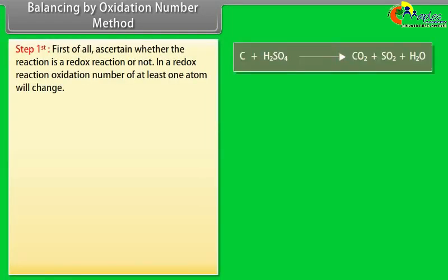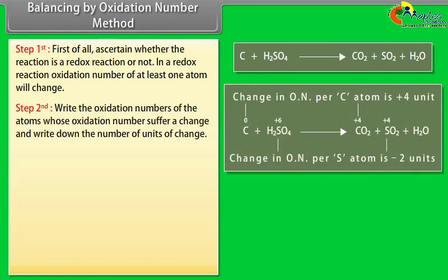Balancing by oxidation number method. Step first. First of all, ascertain whether the reaction is a redox reaction or not. In a redox reaction, the oxidation number of at least one atom will change. Step second. Write the oxidation numbers of the atoms whose oxidation numbers suffer a change and write down the number